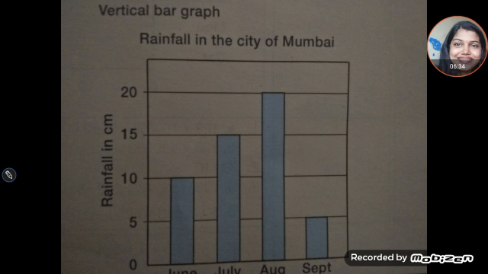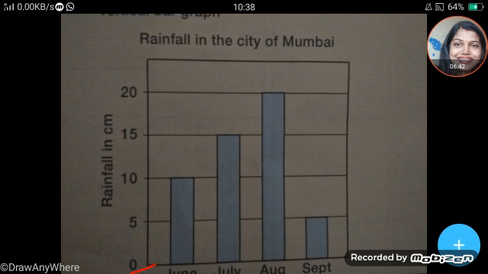Quickly, you can see the vertical bar graph of the same, how we used to draw it. The labeling, children, is here on the x-axis and this is the y-axis. Here, these are the rainfall in centimeters, which I already told you. This is a title, and the scaling I told you is in multiples of 5, as this multiple of 5 will cover all the data which is recorded in terms of rainfall in the city in each month, or you can say in the respective month.